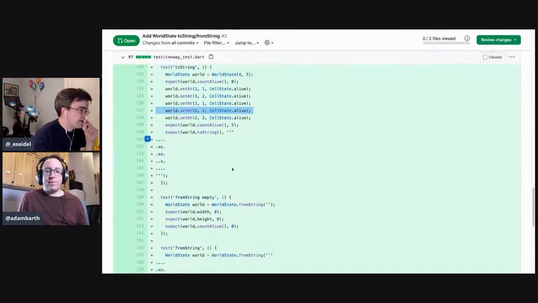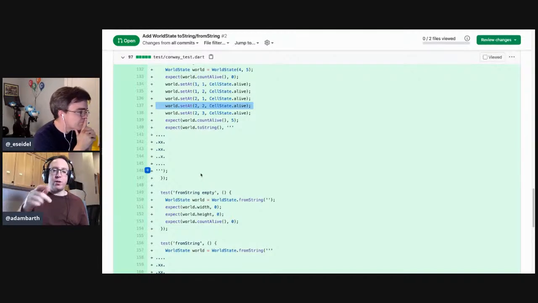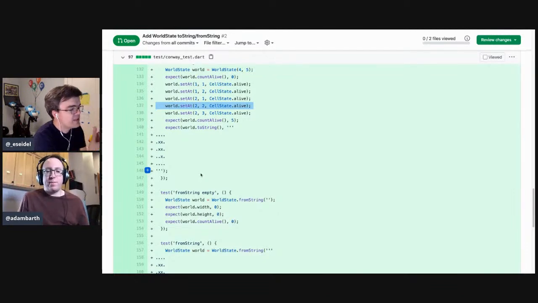And then you want to see that it came out as that pattern. Okay. Yeah, so what I was thinking here is I was trying to pick a pattern that wasn't symmetric on the diagonal to make sure that I had all the lefts and rights and ups and downs sorted out properly.